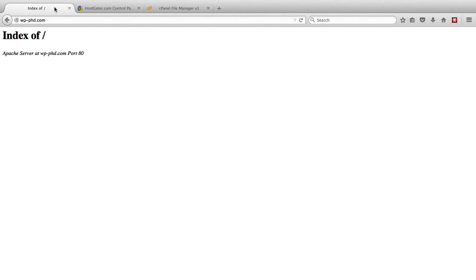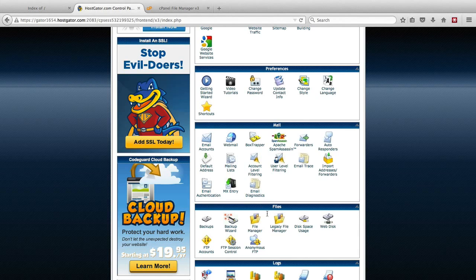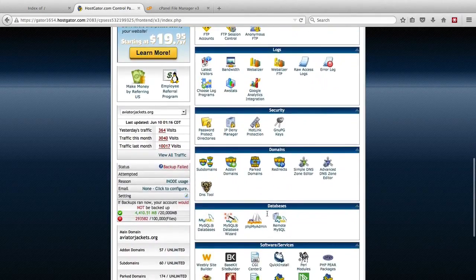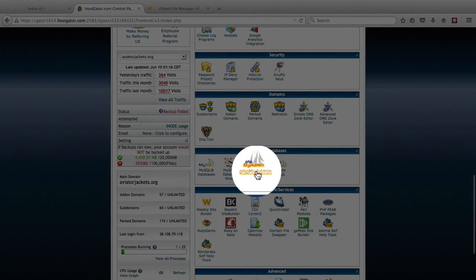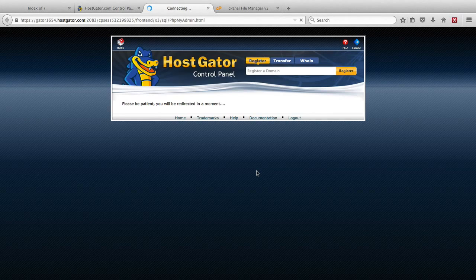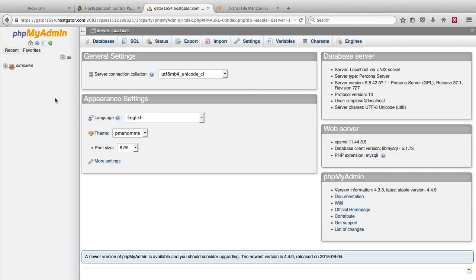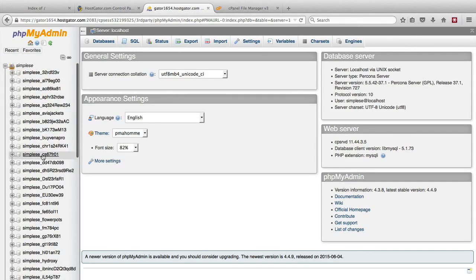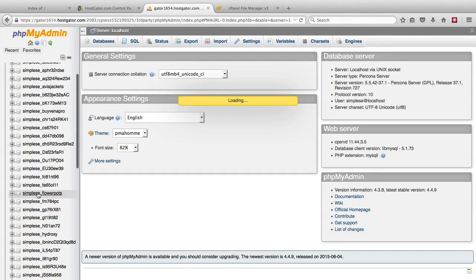Now what I'm also going to do is delete the database. So if we go back into the cPanel, we have to scroll down to the place where we have the phpMyAdmin option. Click on that. I checked my WP config file before I deleted the site, and my database name is flowerpots. So I'm going to find that database, and we're going to do what's called drop the database, which is the MySQL term for delete. So we open the list of databases on the left, we find the flowerpots database, and